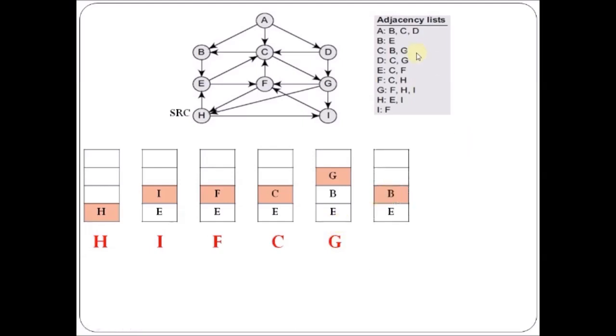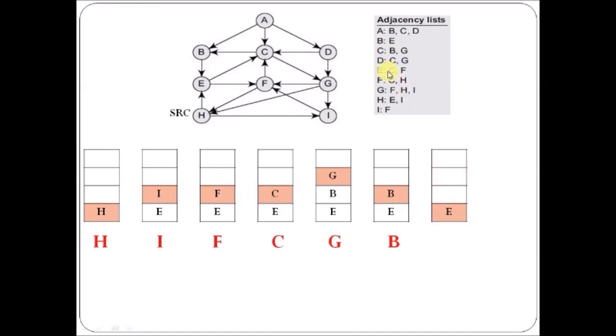From the adjacency list, the element adjacent to node B is node E, but node E is already present in our stack, so there is no need to push it again. So simply we have to remove the topmost element. Now the topmost element points to the element E.